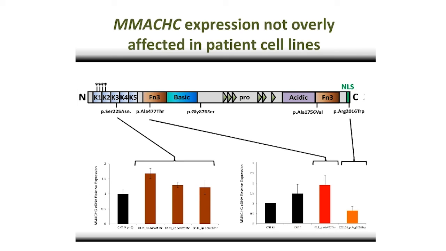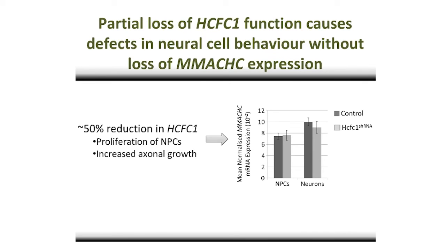So in a way, we were left with what we had. These variants, caused by loss of function mutations in HCFC1, had mild intellectual disability but no evidence of vitamin B12 deficiency. So we wondered whether these two features could somehow be dissociated. And we had, in a way, a really nice assay because we'd knocked down HCFC1 modestly in neural progenitor cells and also in neurons. And when we knocked down just this modest amount of HCFC1, we certainly saw defects in the behavior of these cells. But did we see differences in MMACHC expression? Well, we were able to check, and the answer is no.